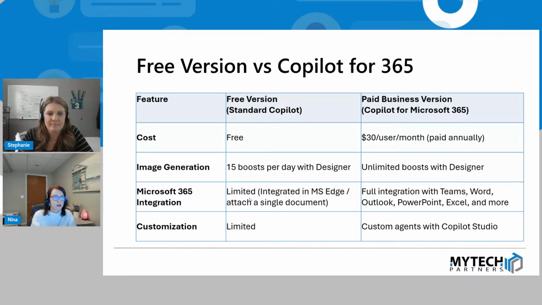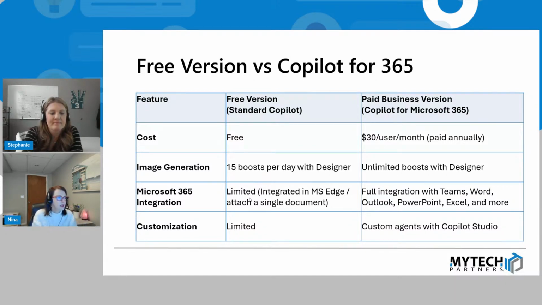So in Teams, in your Microsoft Office, so like Excel, PowerPoint, you'll see that there's actually a Copilot button in the application itself, and you have the ability to reference multiple documents. If I want to summarize 3 different reports and create a bulleted list from that, or get a summary, I can do that, where you limit it with just one in the free version. I will show you just a second what that button looks like, because I do have both versions up here